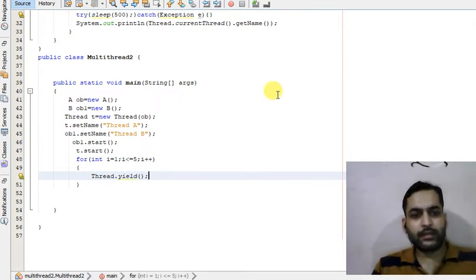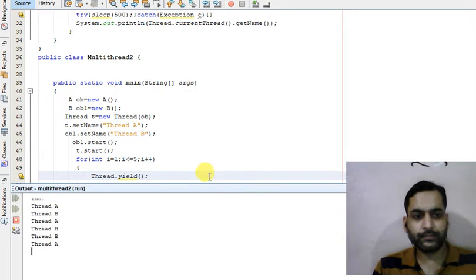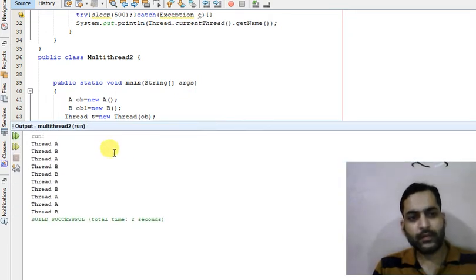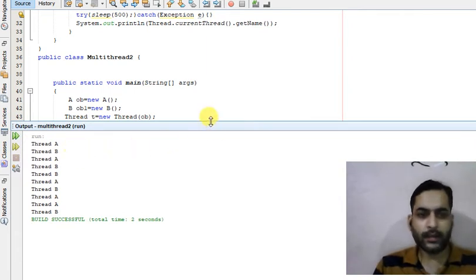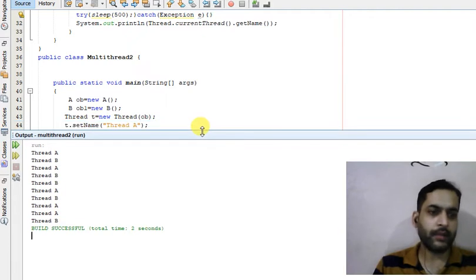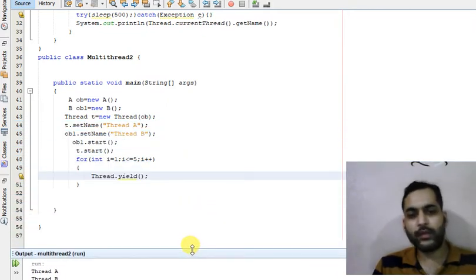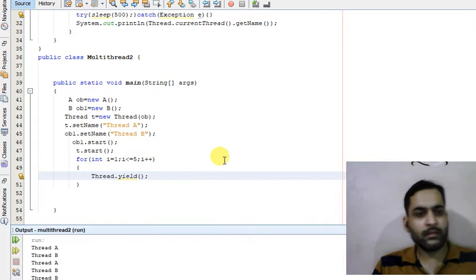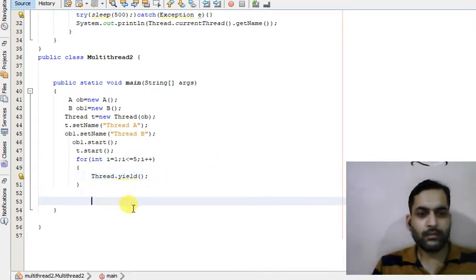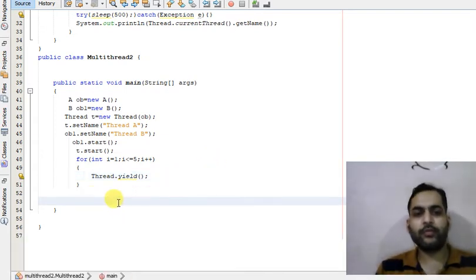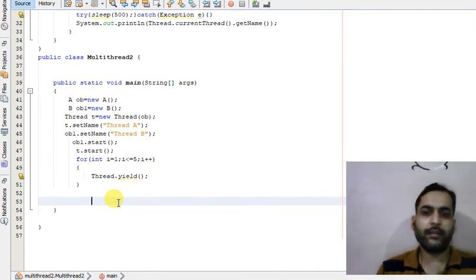So now let us check the output. So you can see it is running in alternate fashion since we have only two threads. So yield simply gives chance to another waiting thread having same priority to execute.